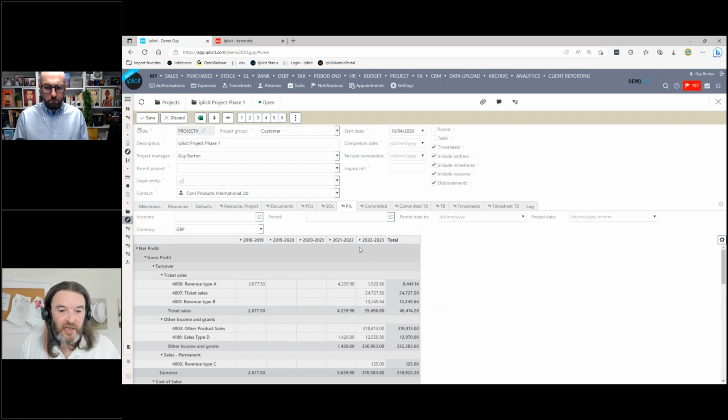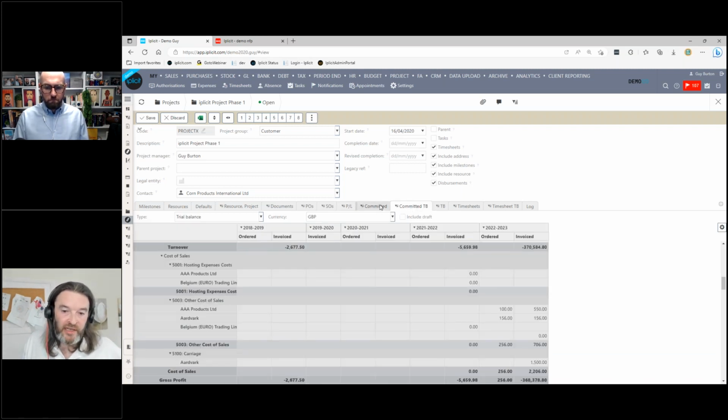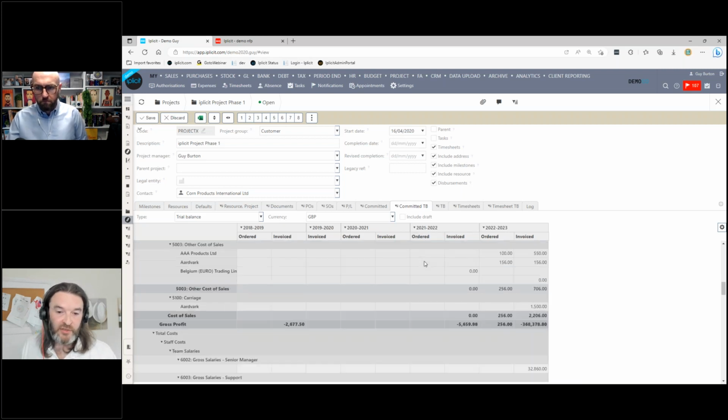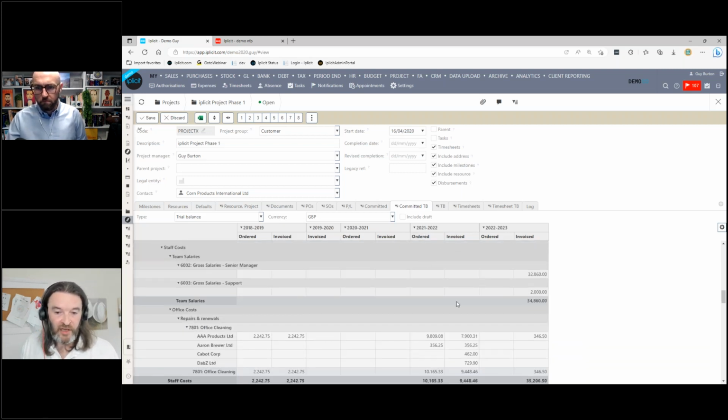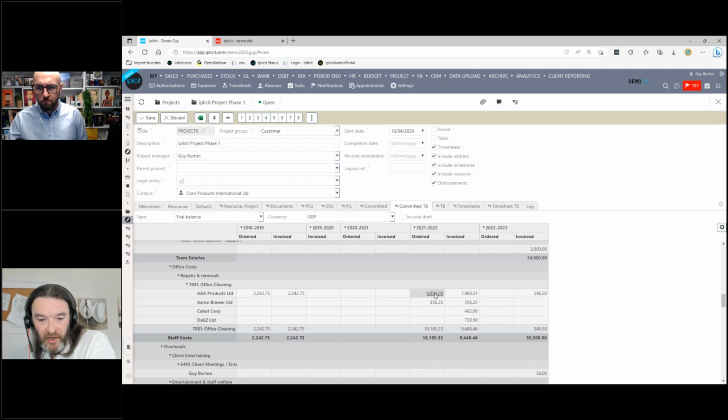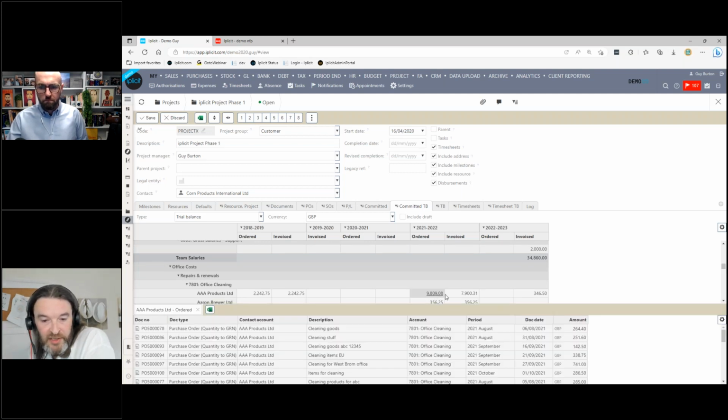Our project managers get live profit and loss accounts against those projects. We get to see commitments against those projects, and I can put it in non-financial words. So I can just tell people your commitments are just everything that you've ordered that we haven't yet invoiced. And I can see the difference between the two. What I can also do is those project managers can drill down into that information as well. So if I want to see